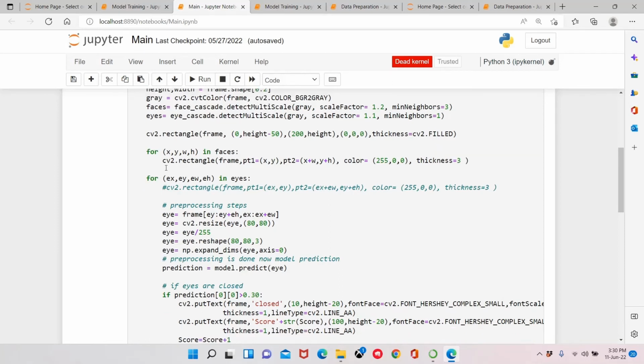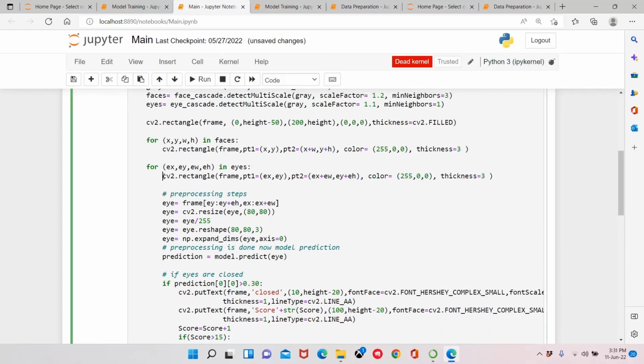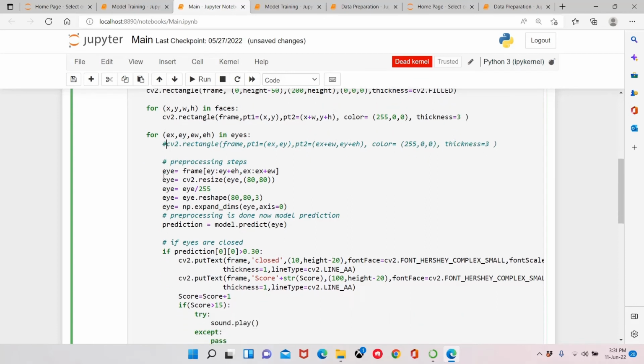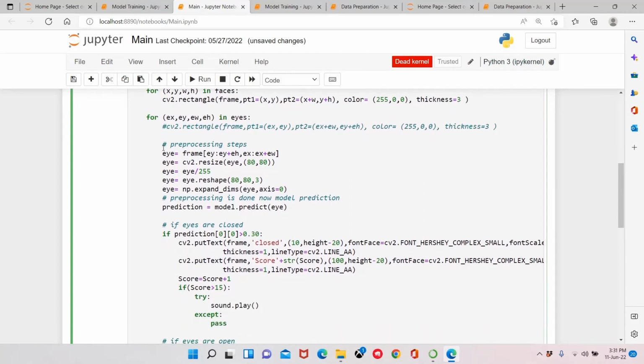In faces we are specifying the length, breadth, color and thickness. These are the pre-processing steps mentioned here. And resizing of the eye, that is 80 by 80, which we initialized before, and we have to reshape that. This is the length, breadth and thickness of that image.